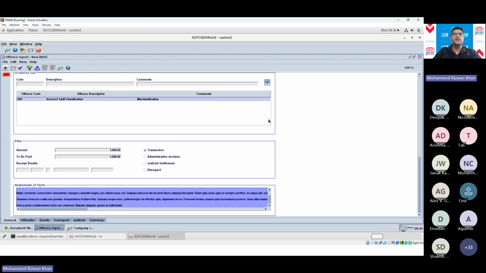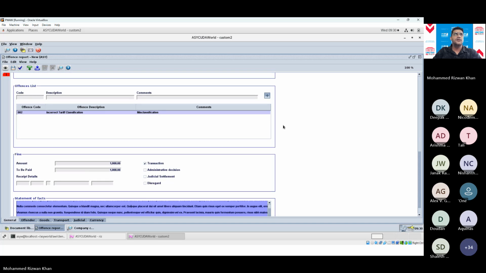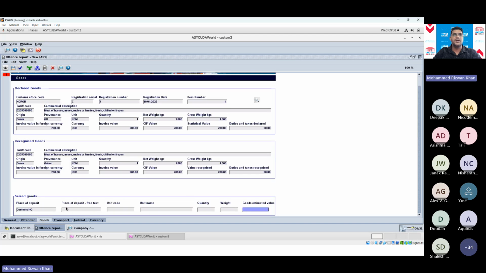This is where you will, in the offenses list, state what particular regulation or customs act was violated. Okay? So it captures everything. And then you can also put here if it was illicit goods, drugs, for example, the quantity and the weight of the drugs and where it is being stored. Right, I hope that I have answered that question.